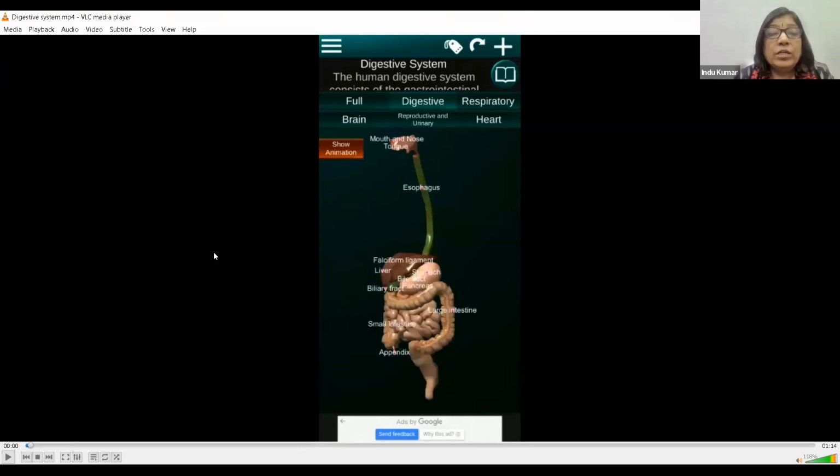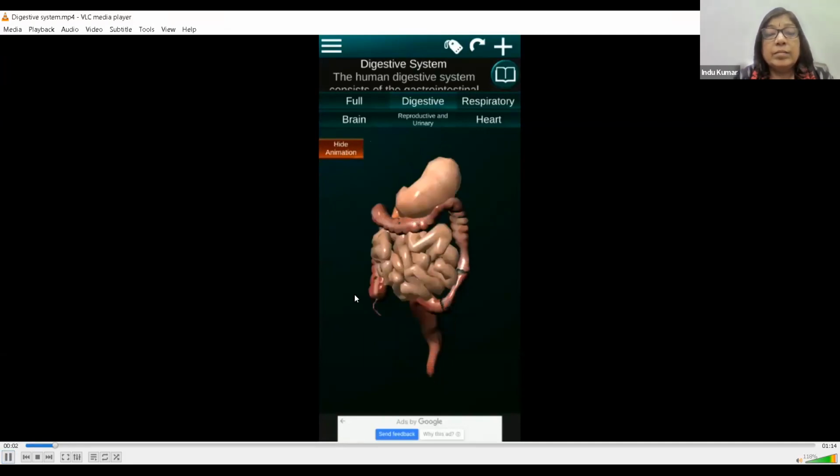So here you can see how digestion takes place in the human body, and what is the role of the large intestine, small intestine, and all the other organs. You can see some more labels here.